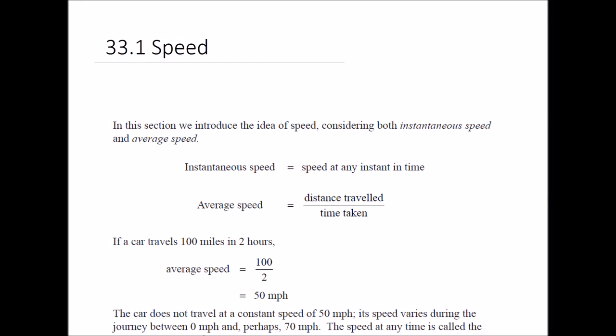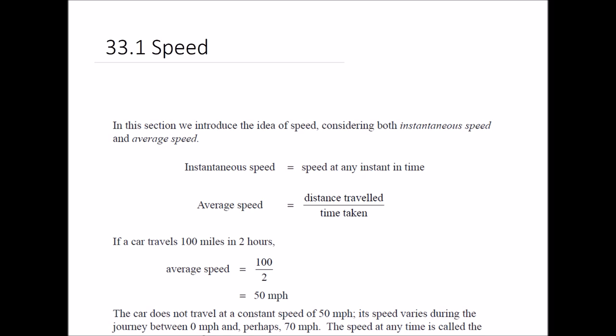Hello everybody, today we're going to be looking at speed and how to calculate it. So we need to know that there are two different types of speed really referenced in these questions. There's instantaneous speed, which is the speed at any given time. And then over longer periods, we're looking at something called average speed, where we do the total distance travelled divided